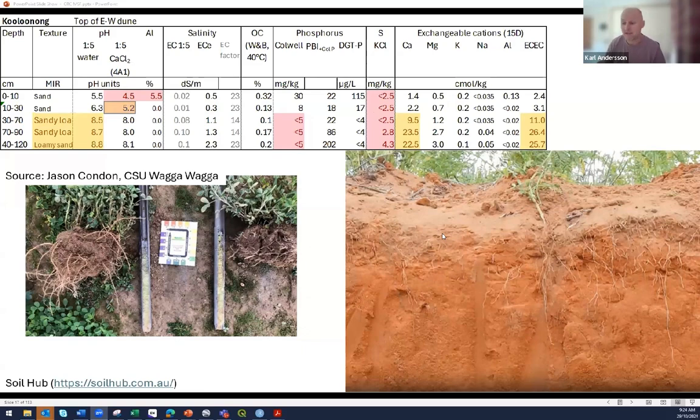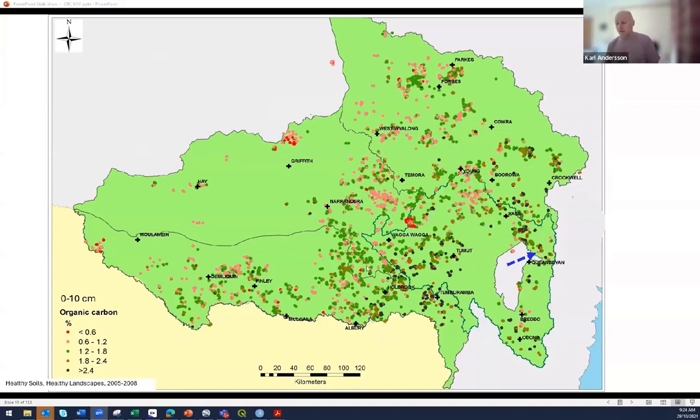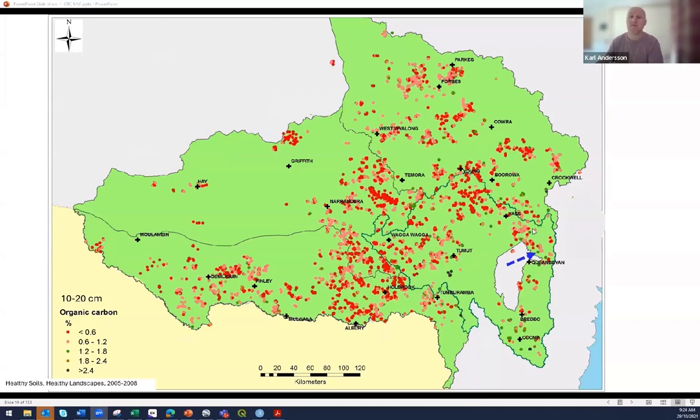So there are different things to keep an eye on in thinking about growing and having organic matter moving through your soil and your carbon levels. Now, as I said, a bit of information from outside the region, just to give that bit of context again. Here's a bunch of data. If we look from east moving west, this is carbon levels in the surface. The darker ones are high, moving through green into red is low. General trend falling away to the west, 0 to 10. In the 10 to 20, there's just much less again, which you could anticipate from those photos earlier and the idea about litter accumulation at the surface.